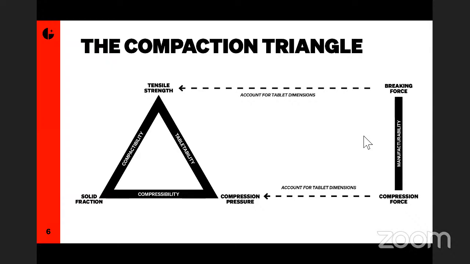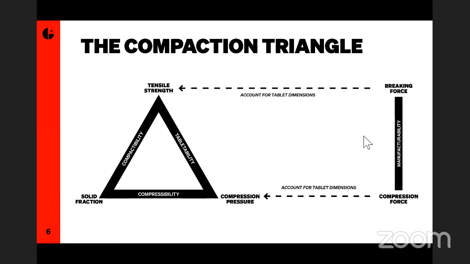And the third corner of the compaction triangle is solid fraction. If you're not familiar with the term solid fraction, it's often useful to think about it as the inverse of porosity. So a tablet is made up of pores and solid, and the solid fraction is how much of the tablet is solid. The one piece of information you need to have about your material before you carry out compaction analysis is you need to know the true density of the material